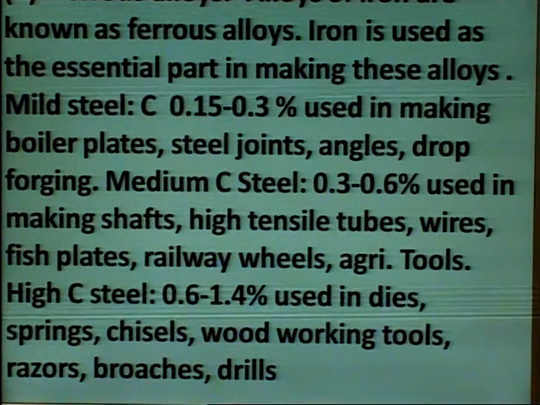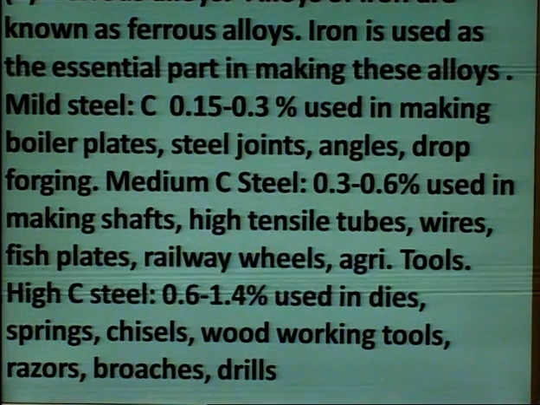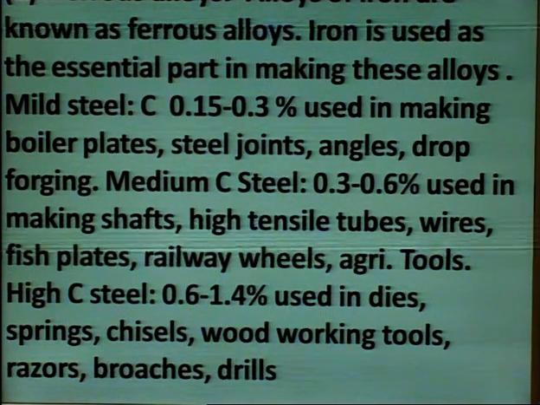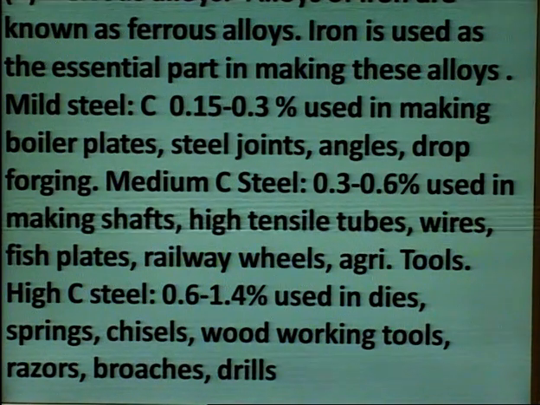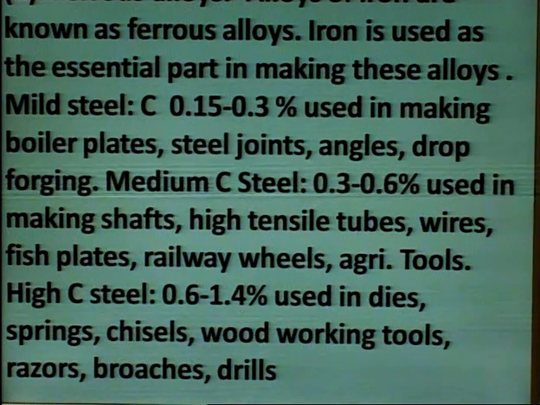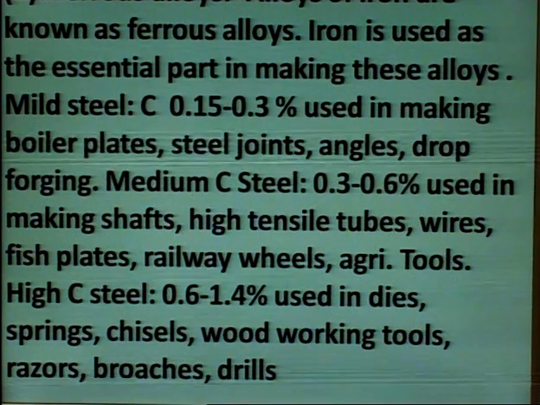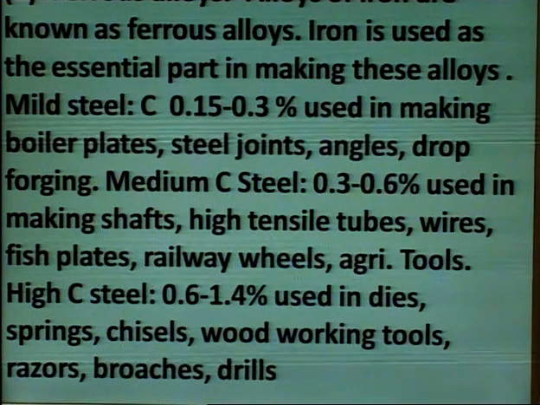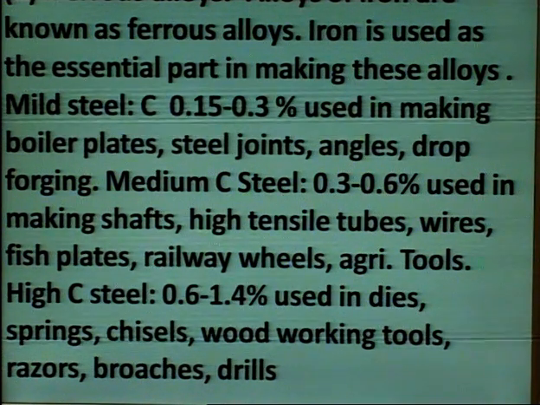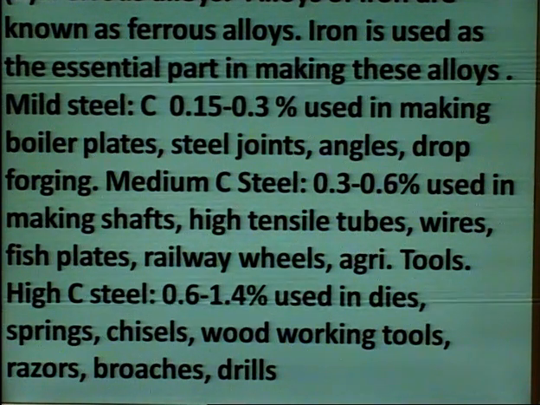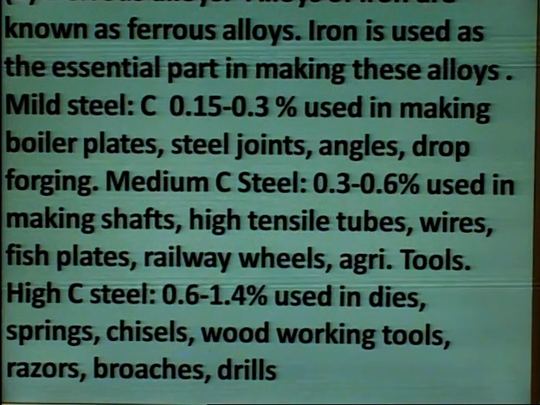The next is medium carbon steel. The percentage of carbon in medium carbon steel is 0.3 to 0.6%. The medium carbon steel is used in making shafts, high tensile tubes, wires, fish plates, railway wheels, agriculture tools, while